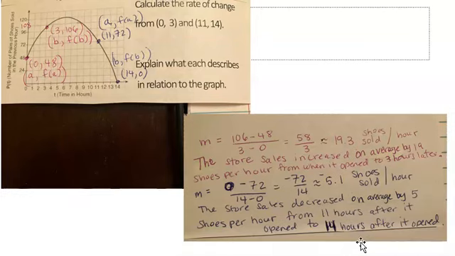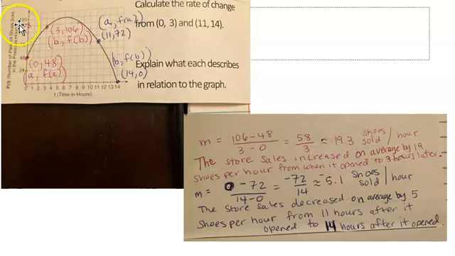So this time, because the 5.1 was negative, instead of saying the word increased, my sales are now going down or decreasing. So my y values are going down from left to right. So I wrote basically the same type of setup. The store sales, instead of increase, we said decrease. Again, that word on average by 5 shoes per hour. Notice I don't have the negative in front there anymore, and I don't have the 0.1 because I can't sell 0.1 of a shoe. And it says from 11 hours after it opened,